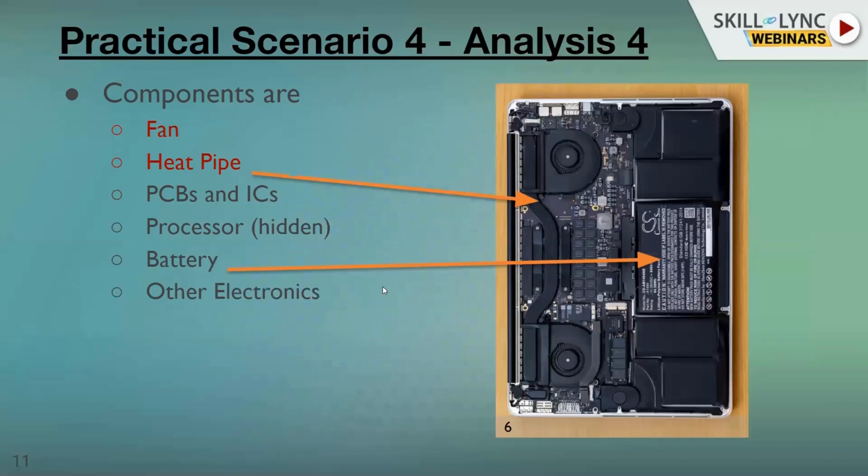In this open laptop, there are a lot of components like the fan, heat pipe, lots of electronics, and batteries. So we have to consider all kinds of physics that are possible. For example, thermal, CFD (computational fluid dynamics), structures, noise, the environment. This is one of the practical scenarios which I just want to explain. That's why we showed a picture here. Miss Saisuma, we can go to the next slide.